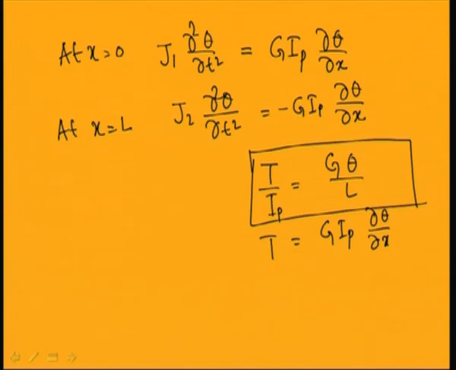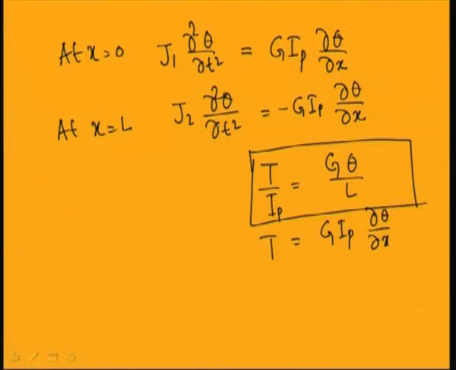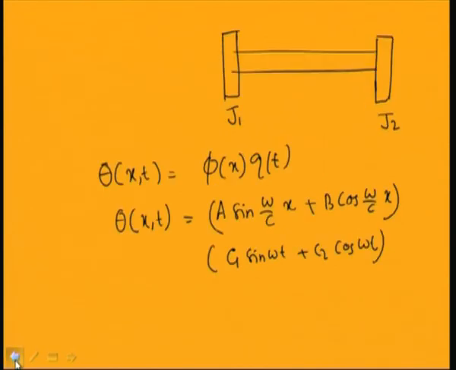This will be G Ip del theta by del x, for small strain. This torque will be equal to the inertia torque at these two ends. At the left end, the inertia torque will be equal to G Ip del theta by del x, and at the right end it will be equal to minus G Ip into del theta by del x. In this way, after getting these boundary conditions, you can substitute them in the generalized mode shape,